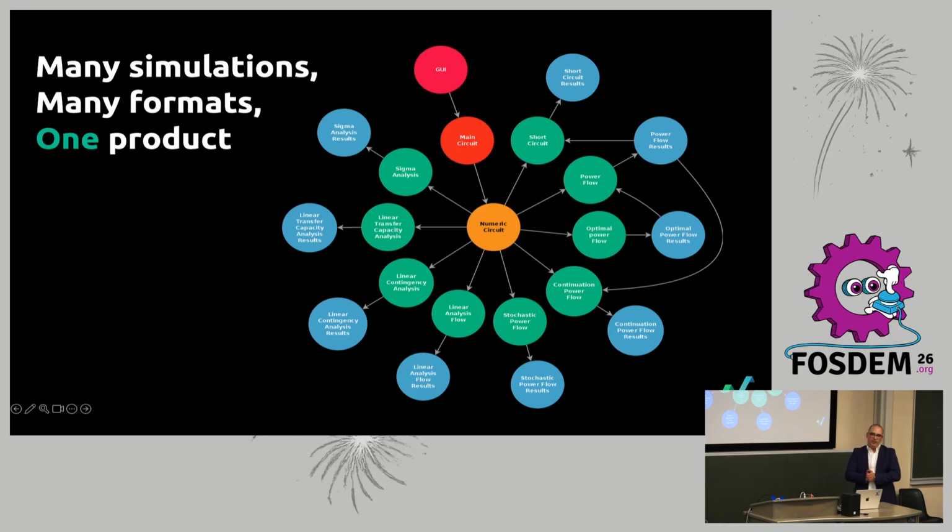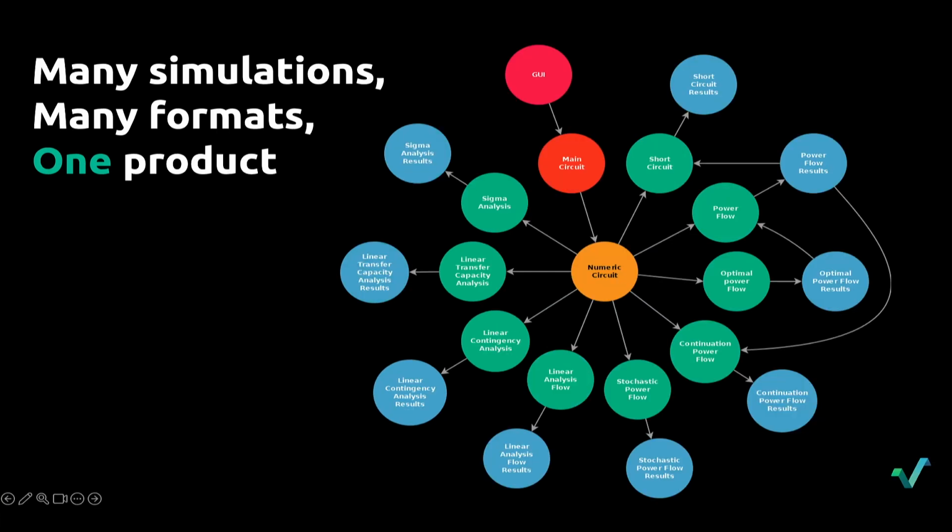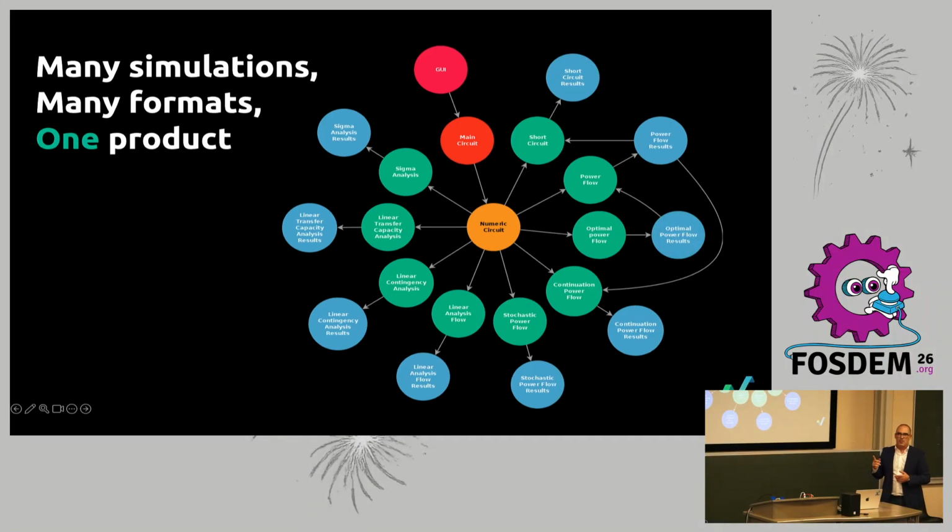Many simulations, many formats, one product. There is a paper from the 1960s that says how committees invent. It is incredibly relevant today because it essentially says that any person or organization, when they write software, replicates themselves and their structure in the software. So if you want to know how I am inside, I'm a star pattern, and I tried to make my company a star pattern too.